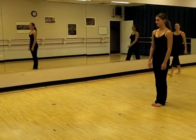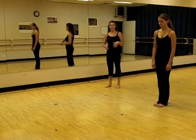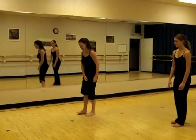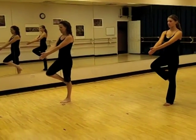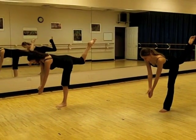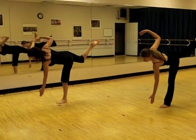We are going to do it on the other side now. We demonstrated on the left side. We're going to do the whole sequence on the right side now so that you can see the difference. So we begin with tilt. Extend of the arm. Remember, you're pulling the back